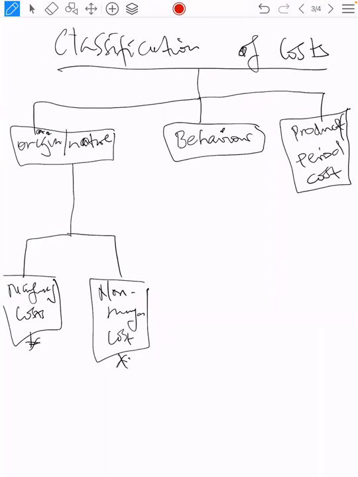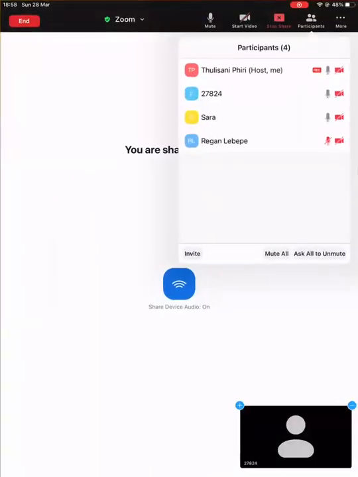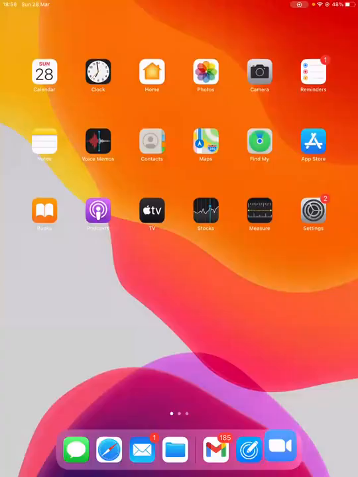These ones, they came from the admin. Right, and costs can also be classified according to their behavior. Now, when we classify costs according to their behavior, this is what we mean, good people. According to their behavior, we are saying we are going to classify costs according to their what? Behavior